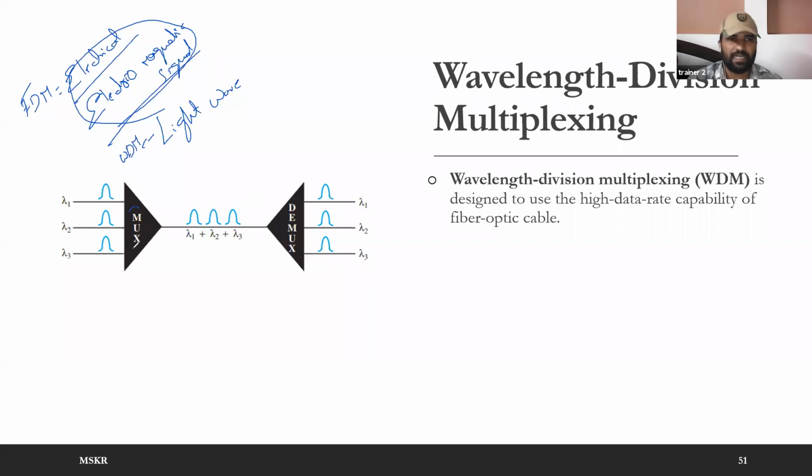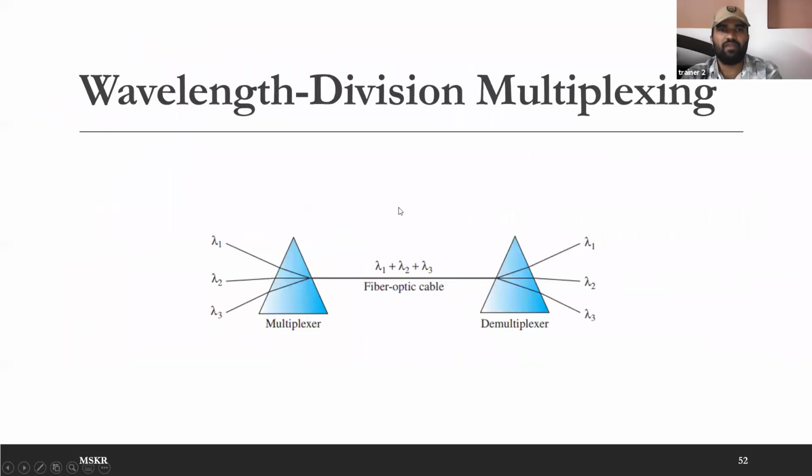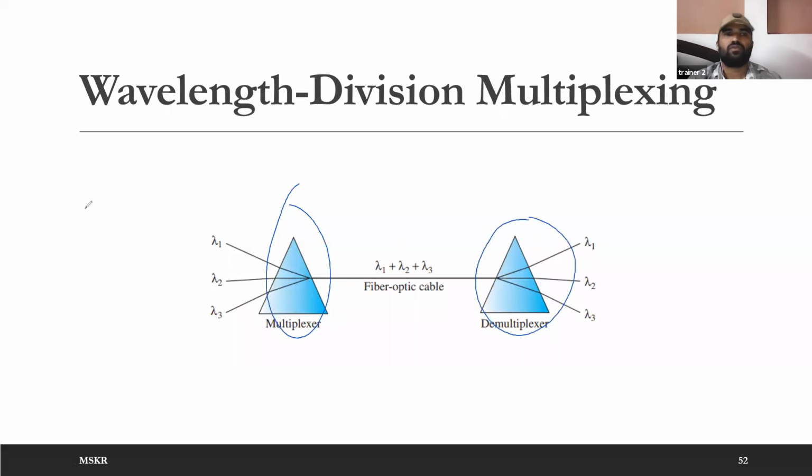So what is different is which devices you are using on the multiplexing and demultiplexing side. These devices are very simple compared to our FDM, frequency division multiplexers, MUX and DMUX. The easiest, the simplest wavelength division multiplexer and demultiplexer is a prism. So if you pass white light normally through a prism, you will get